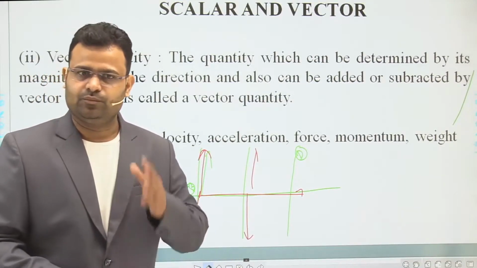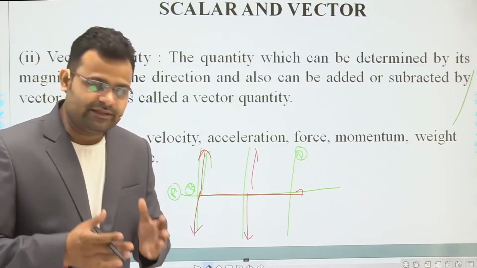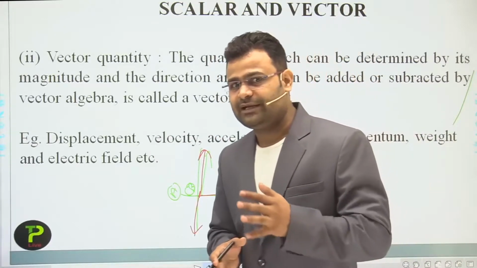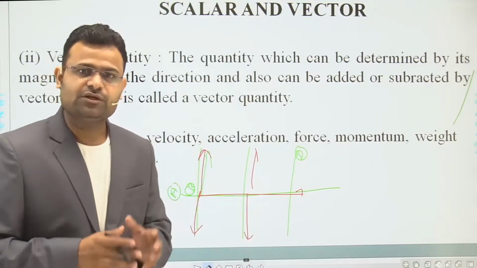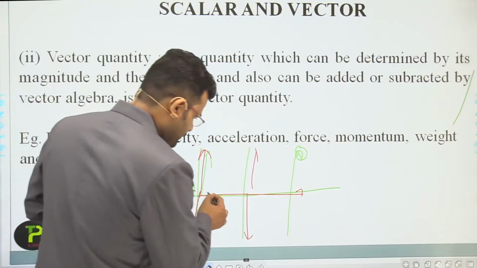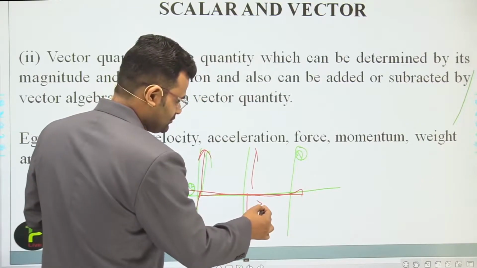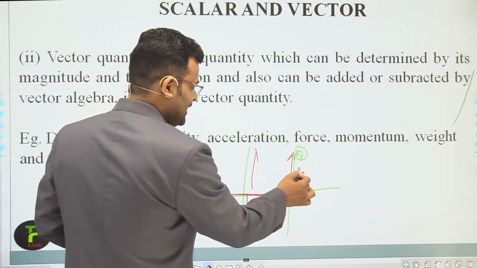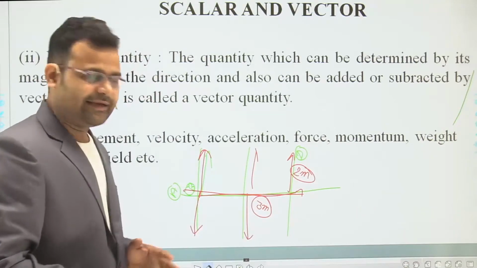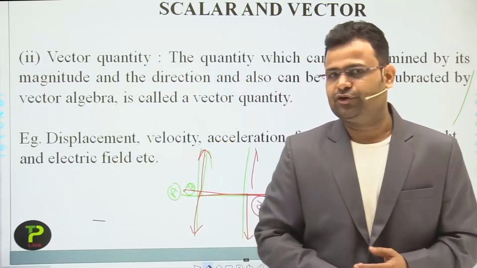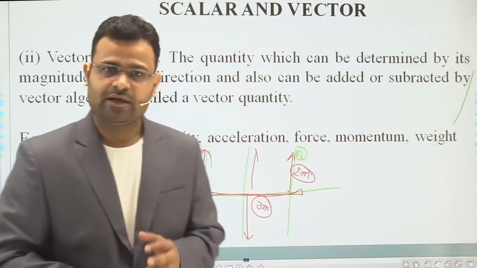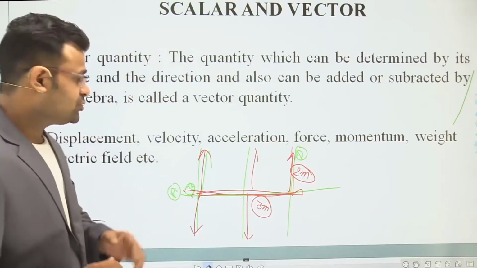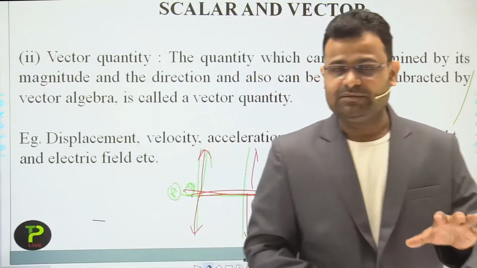You are saying move 5 meter, but in which direction? In that case, we require a particular direction. So, dear students, direction plays an important role in that answer. If you say move first right hand side 3 meter straight, then turn left hand side 2 meter, then your answer is correct. If you say directly move 5 meter and get your destination, that is not a correct answer. But if you say 3 meter straight and 2 meter left, then your answer is correct. So direction plays an important role.